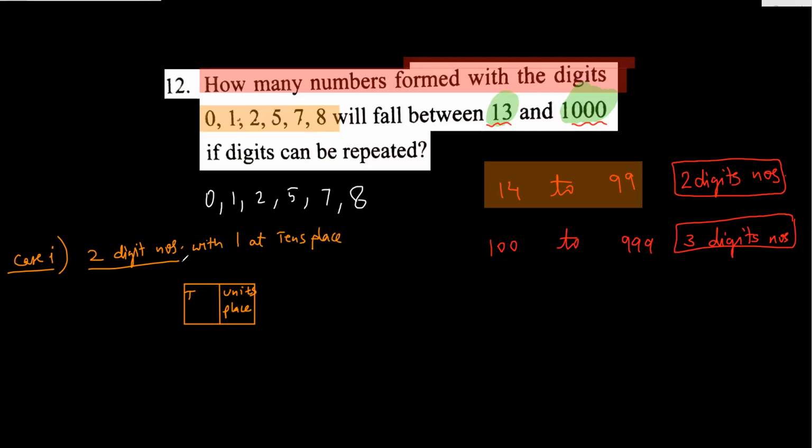Two-digit numbers with 1 at tens place. You see this? This is case 1 and see this is tens place. And then I will have two-digit numbers. See, case 2 will be, case 2 I will write